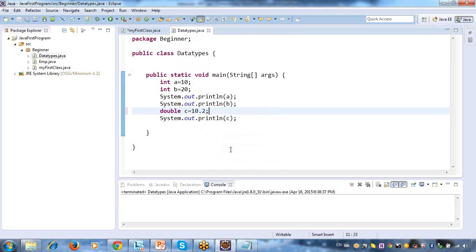So these are all the data types. When you are working with your test cases, see what kind of data you are storing. When you are storing only integers, I can simply say int. But if it is having both integers as well as decimal numbers, then you can say double. So based on what kind of data you are storing, you can use the data type.